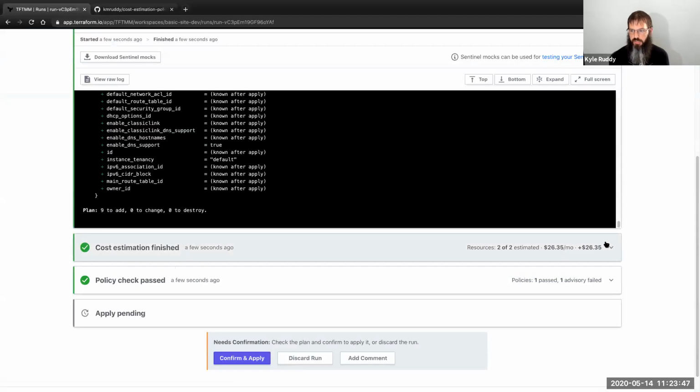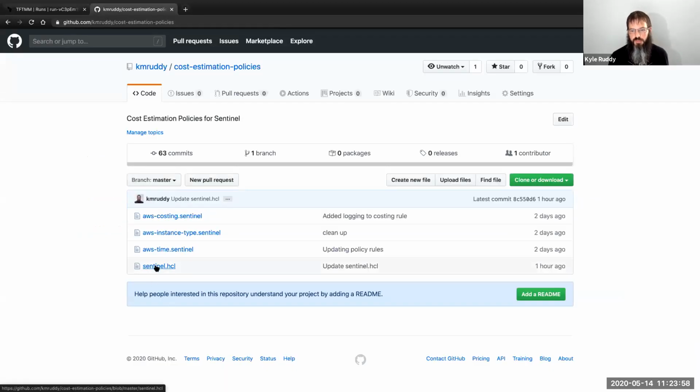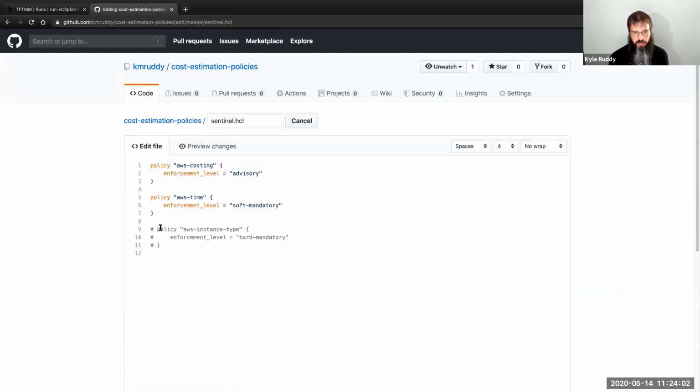Let's see where our run's at here. So again, same deal. It's still going to be above the $10 per month, but it's still not Friday, so we're all good there. Now let's go back to our Sentinel HCL here. Do not judge me for modifying this directly in GitHub. That is just for